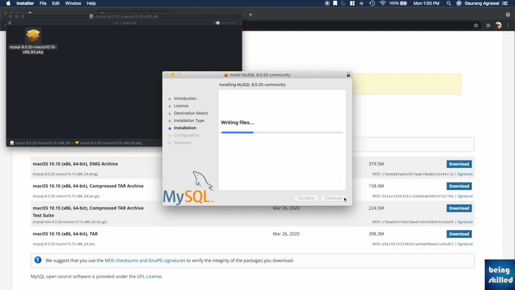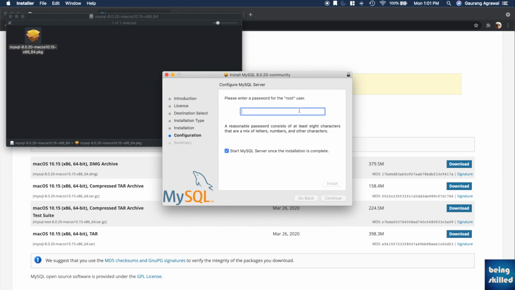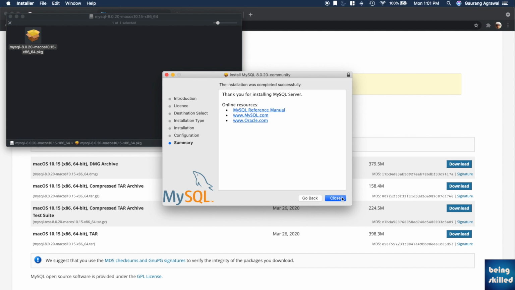And then the installation will happen, and the final bit is the configuration, wherein it will ask for the password which you want to set for the root, which can be changed later on as well. But if you want to have some password, you can select something right now. So just select some random password and remember that. So ensure that you remember that, and now it is doing the final touch up, and now the software has